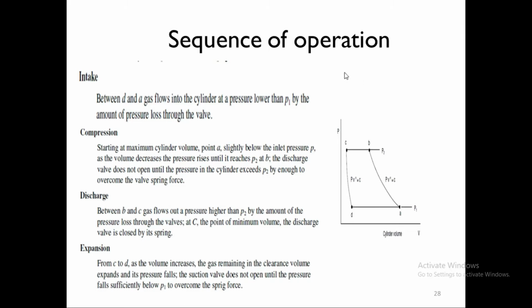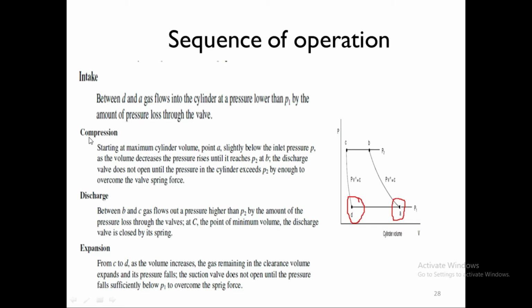So this is the sequence of operation for a reciprocating compressor. Intake is between D and A. If you look at this diagram, between D to A is the intake, when the intake valve will open and the fresh refrigerant or gas will enter. So from D to A, the intake valve opens at pressure P1 or just slightly below P1,